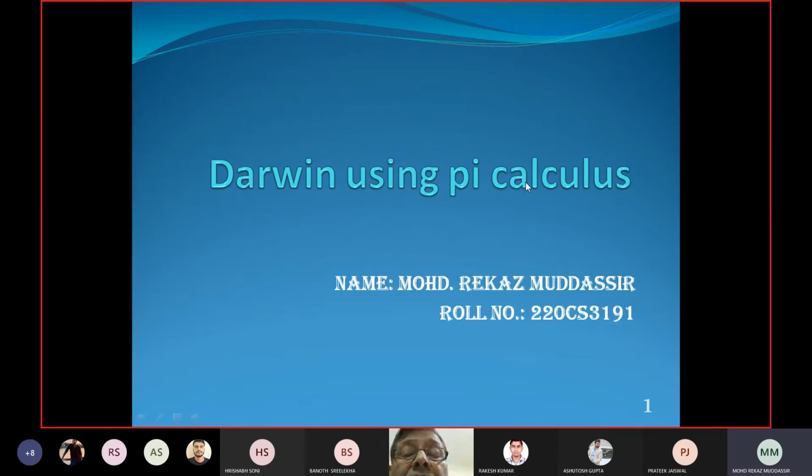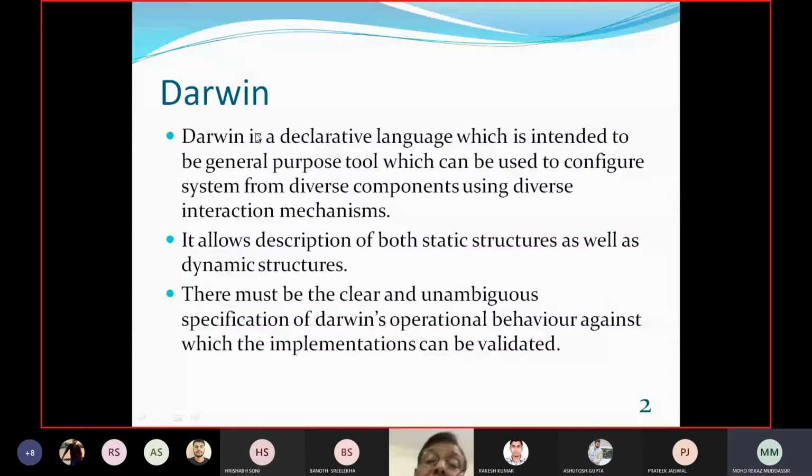Darwin ADL using PyCalculus. Darwin is a declarative language intended to be a general purpose tool which can be used to configure systems from diverse components using diverse interaction mechanisms. It is an architecture description language, with various components, and it shows how those components interact with each other.